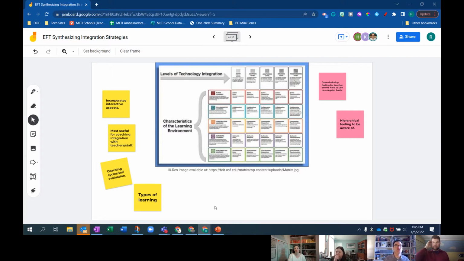It's more like a unit planning question. Holly and I have talked a lot about how you develop a scope and sequence for technology skills and how complicated that can be, because what do you mean when you say technology skills? But if you know that seventh graders are supposed to be able to utilize collaborative Google Slides effectively to make engaging presentations by the end of seventh grade,